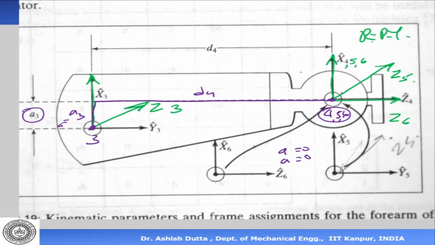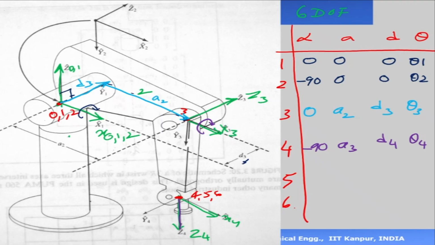Now at 5 it becomes 90. So Z5 is that side. Where is Z5? It is a rotation anti-clockwise about the x4 axis by 90 degrees. That's how Z4 becomes Z5, right? So there is a 90-degree shift here. Now it's anti-clockwise, so it's plus. Origins are the same, so this is 0, 0, and this is theta 5.